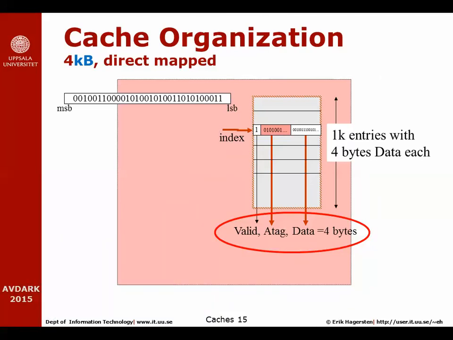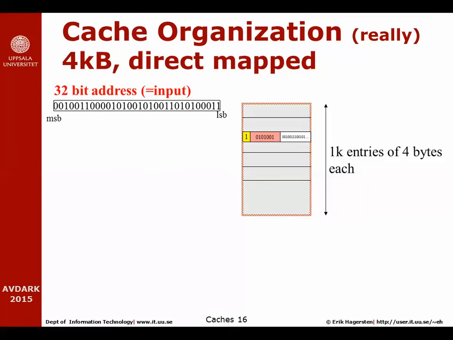So that's what the cache looks like. Let's now really design a real cache given that kind of input information. So we have, once more, an input address, most significant and least significant, and we have the SRAM array stored right here. Since we are storing 4 bytes of information in each of these entries, and these 4-byte entries are aligned, when we design a cache, we actually don't need to worry about the 2 least significant bits of the address,